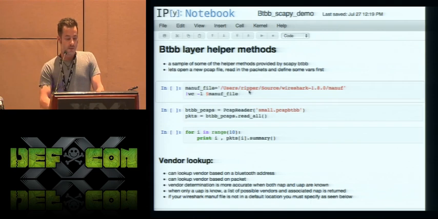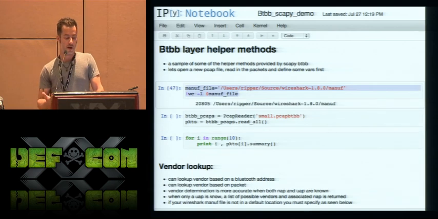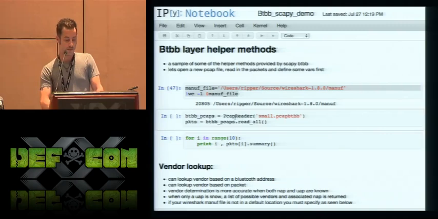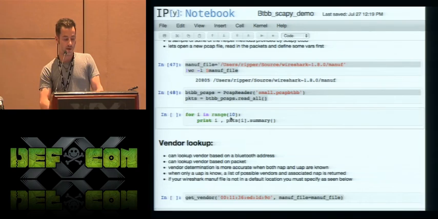Okay, so this is just some setup stuff. I use Wireshark manufacturer files when I do my vendor lookup and NAP lookup on a lot of my data. I don't have my Wireshark manufacturer file in a default location, so I have to specify it here. I'm going to open up another PCAP file, and we're going to view the first couple packets within